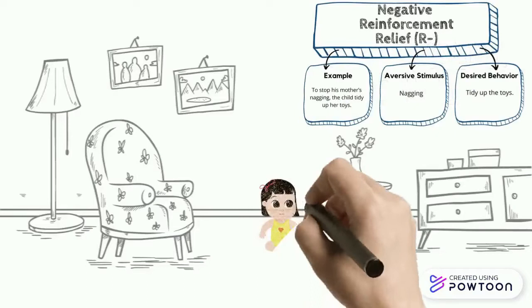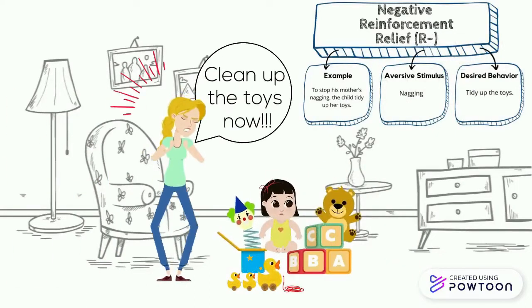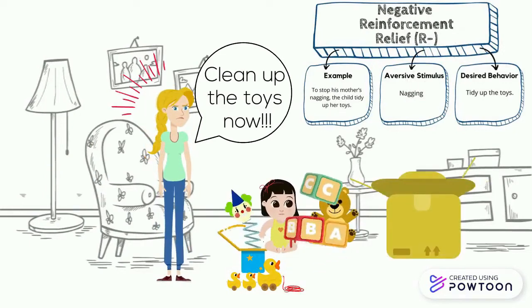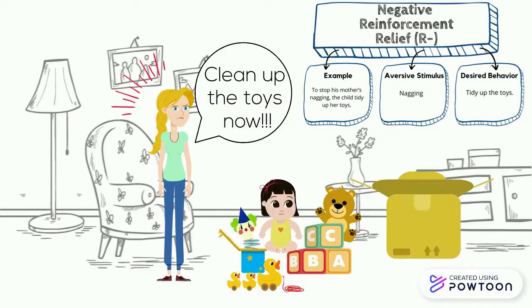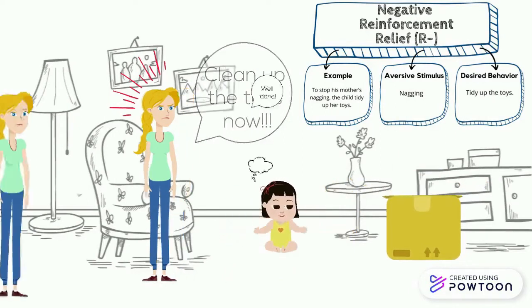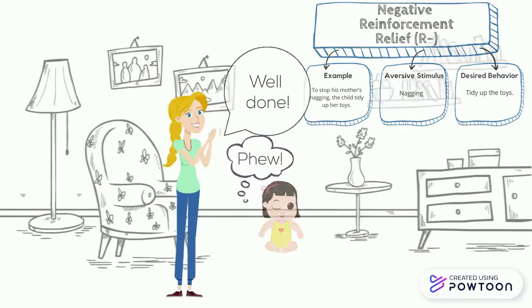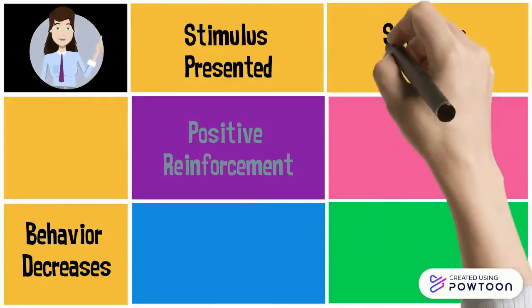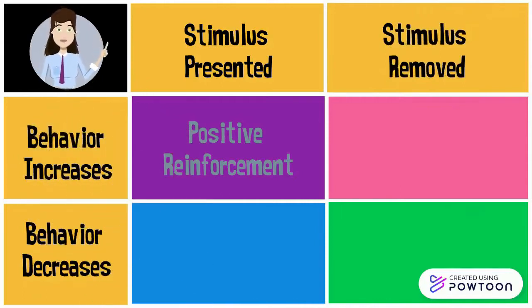For our next example, we again have a child who is playing with toys on the floor. The mother scolds and nags the child, telling her to pick up the toys. To avoid her mother's nagging, the child cleans up the toys, which makes her relieved from the nagging. In this example, one stimulus was removed, which was the mom's nagging, in order to cause the child's relief,